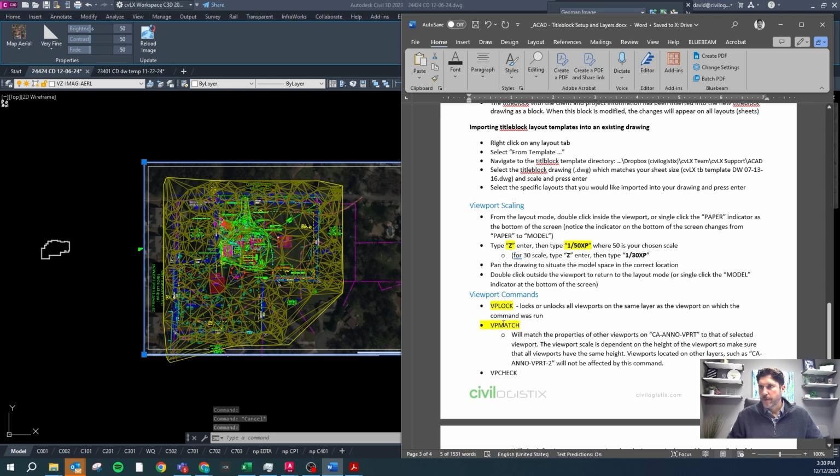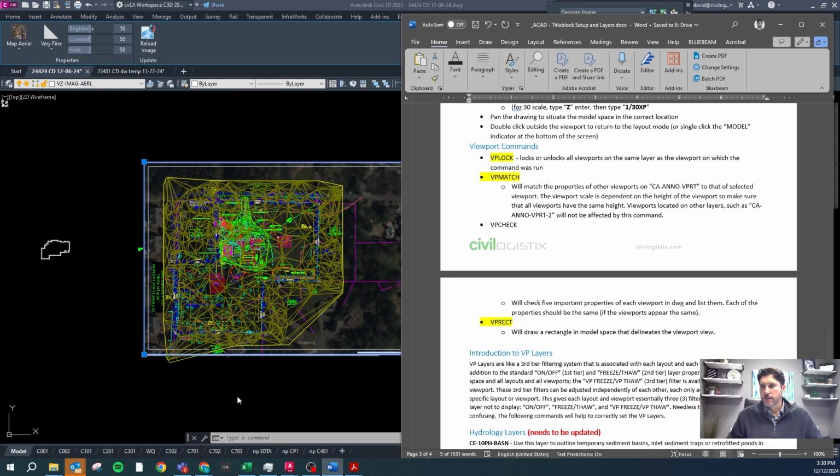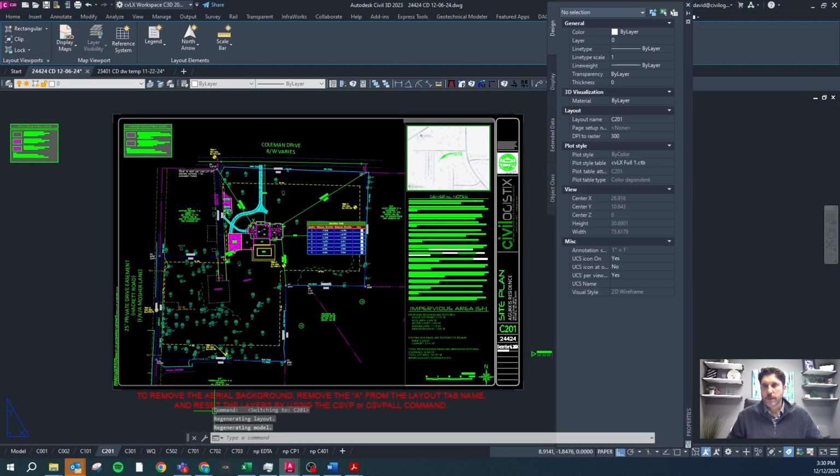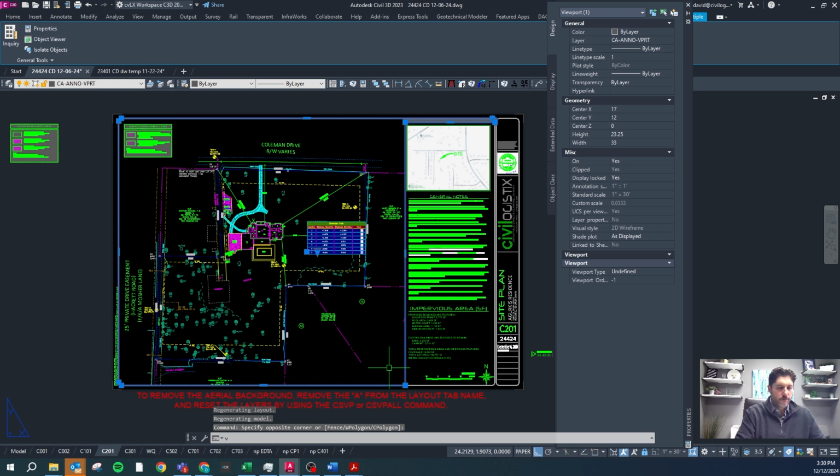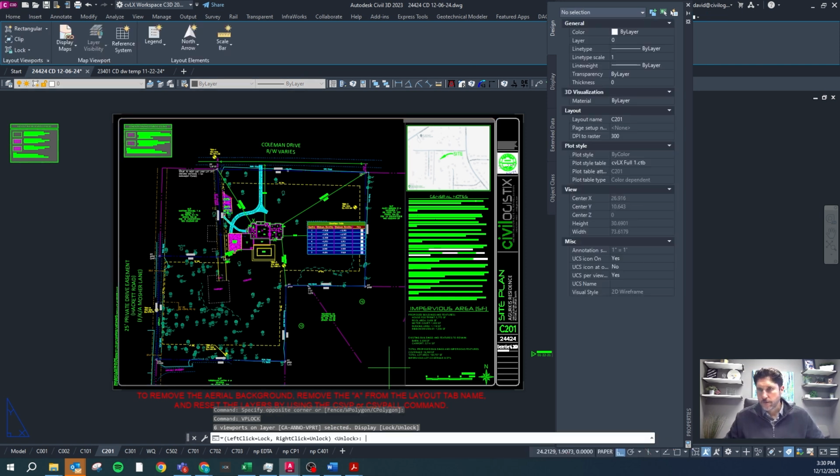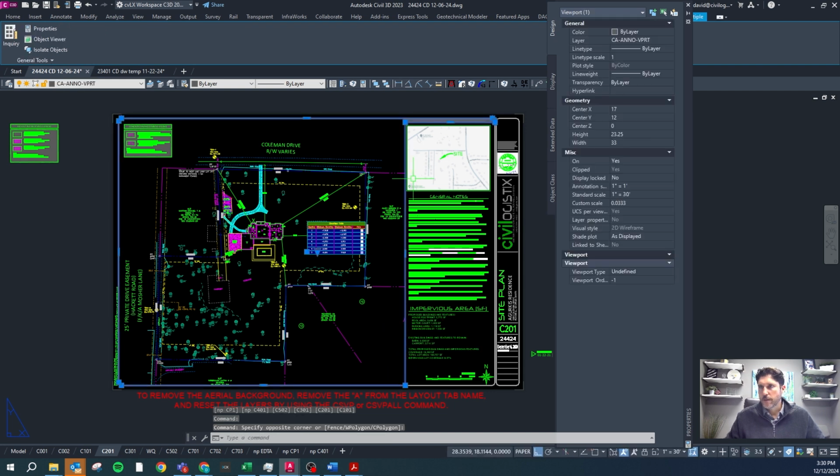Okay, we went over VP lock, and we did VP rect. So VP lock is also helpful when you're changing the sheets. If I type VP lock, it asks you left click to lock it or right click to unlock it. So if I right click it, all of these viewports on all the tabs that have the same layer are going to be